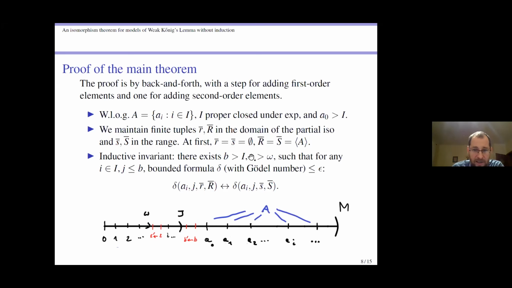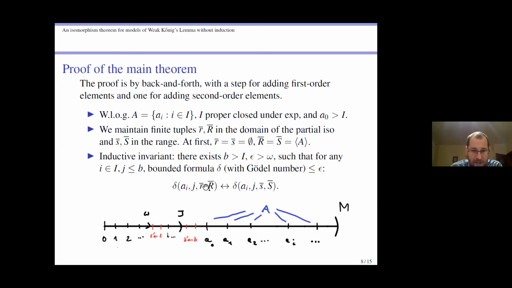There exists a non-standard number epsilon with the following properties. For any I in this cut, and for any bounded formula with parameter, with Gödel number below epsilon, so a very small bounded formula, almost standard, and any parameter below this bound B, which is somewhere above the cut J, any such formula with Gödel number below epsilon is true about AI, the eighth element of our set,